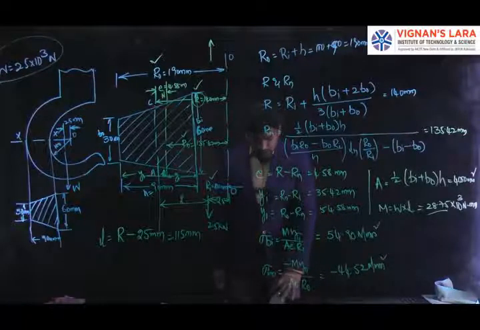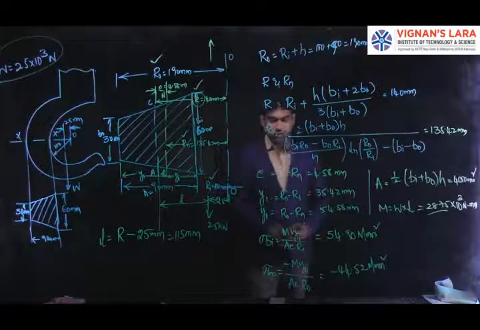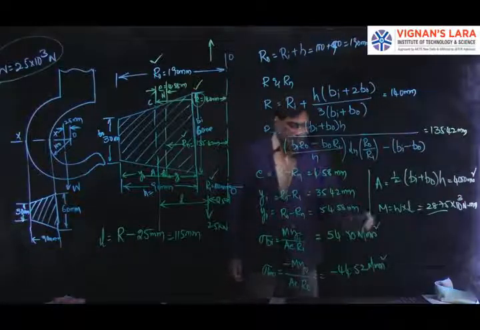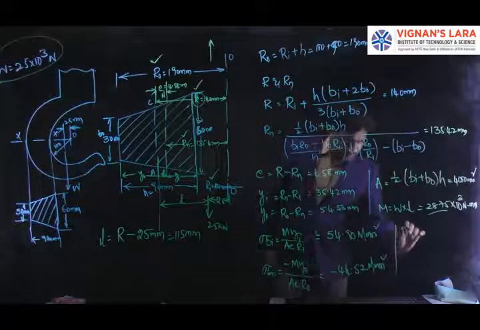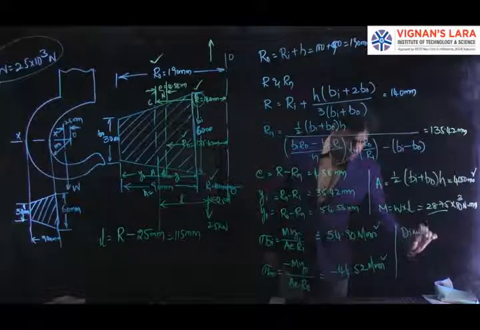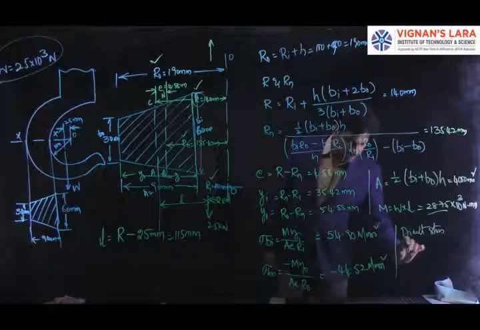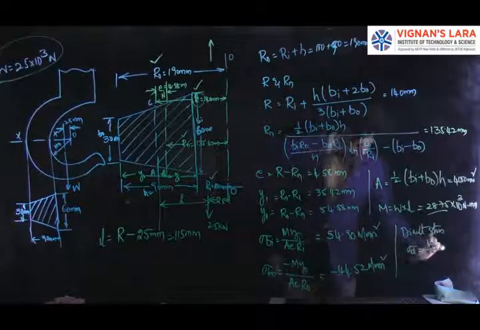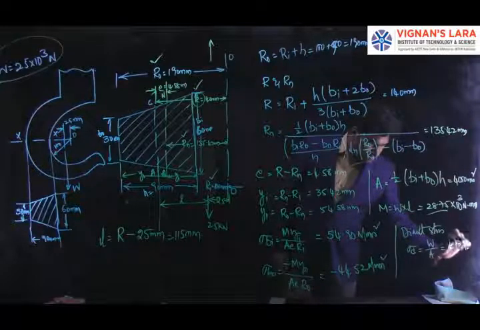And after that, it is not only that the section is subjected to bending, the section may also be subjected to direct stress. So we can also find out the direct stress here. So direct stress is given by sigma d equal to load by area. So this value I may get as 6.17 Newton per mm square. You can also check the value of direct stress.